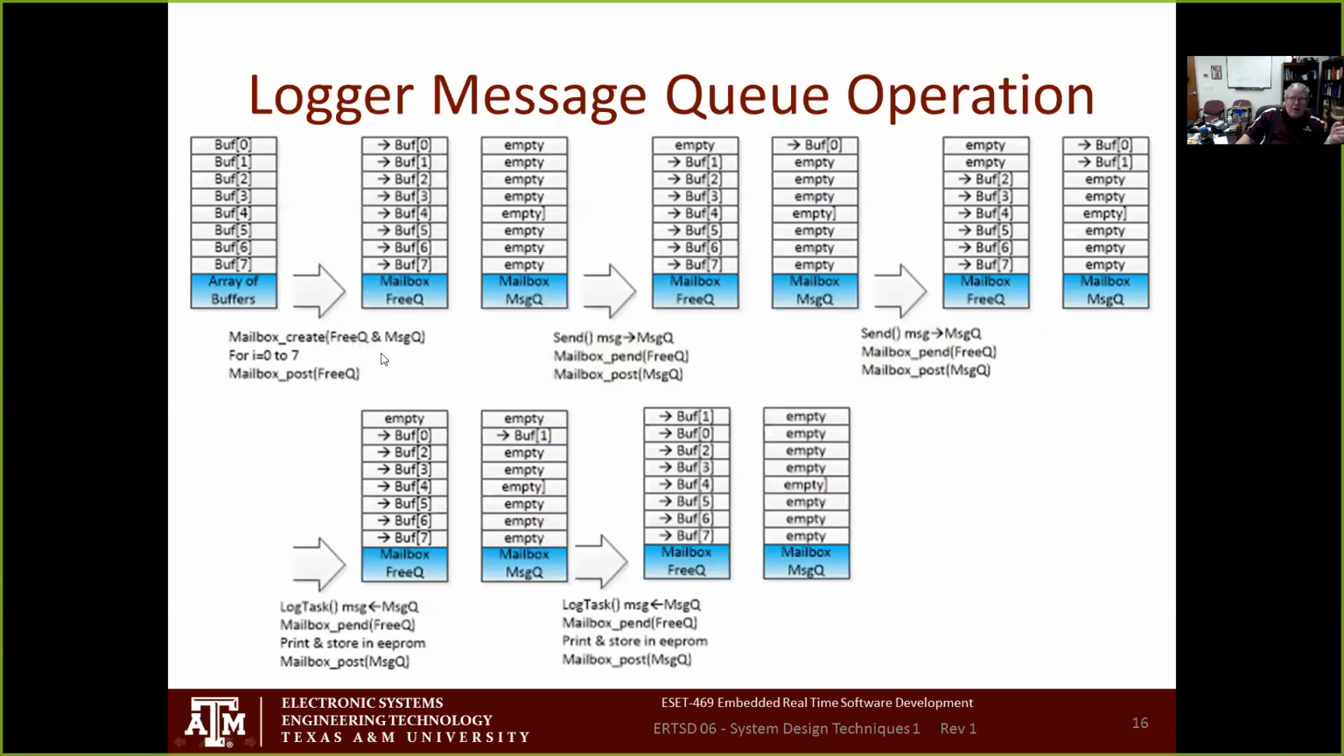Now, in the meantime, I also over here, as you see, did a mailbox create for message queue. This is the queue where I'm going to put the stuff that I want to send. And this queue is all going to be empty. We're not going to put anything in it at all yet. So let's say that Joe Schlunk decides that he's going to send a message to the message queue. So he's going to do the send function,